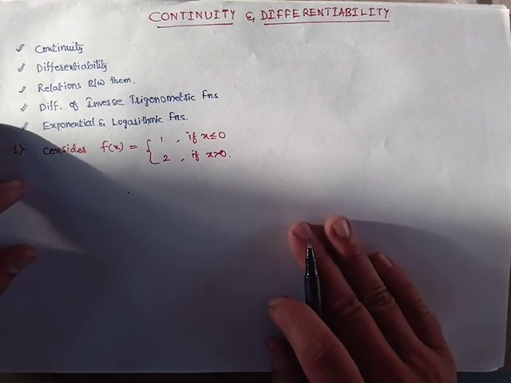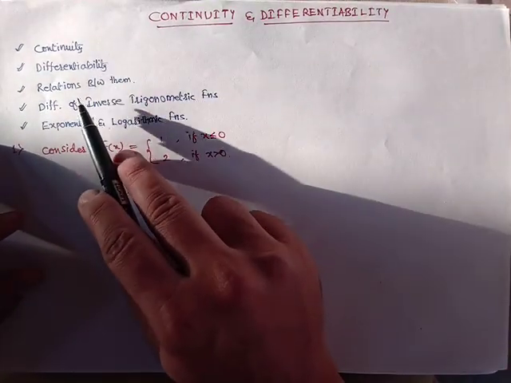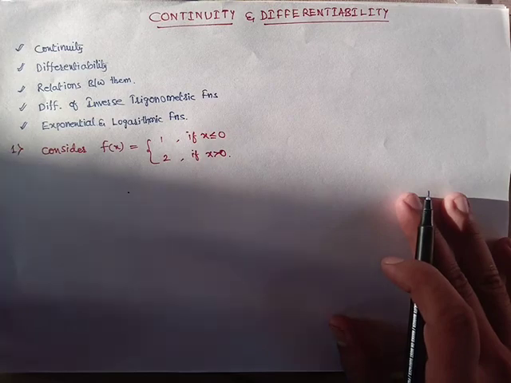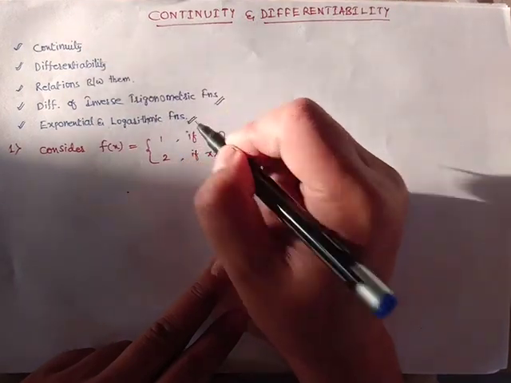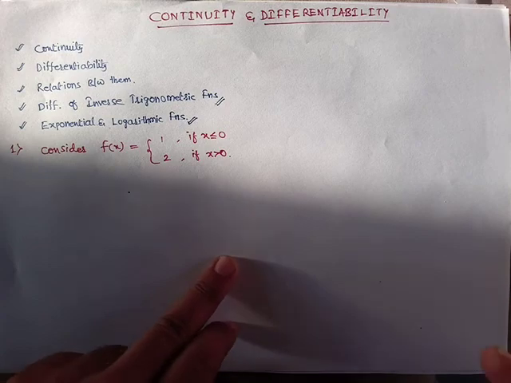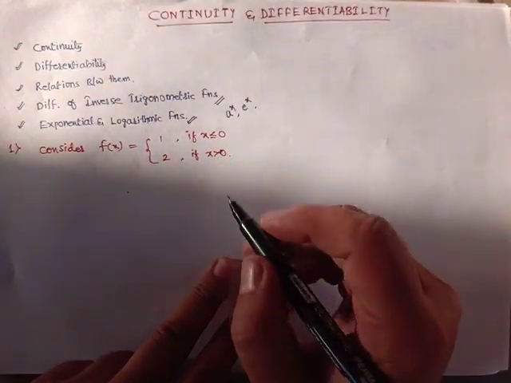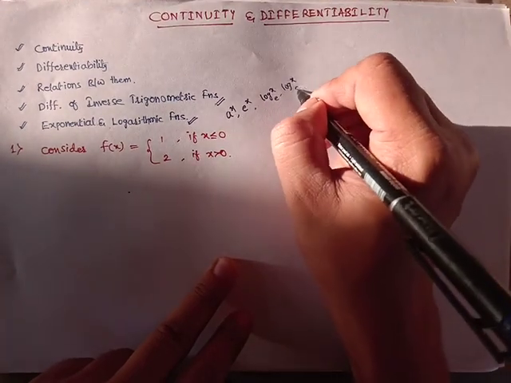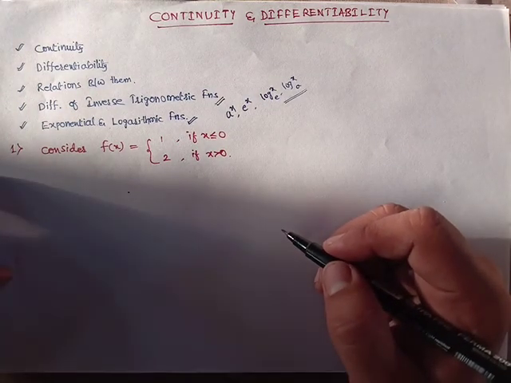In this chapter, we will see few of the things which are related to, first of all, continuity we will discuss, and differentiability and the relations between them. So how the relation can exist from continuity to differentiability, and differentiation of inverse trigonometry functions, and differentiation of exponential and logarithmic functions. As we already completed, exponential is nothing but a^x or e^x kind of things, and logarithmic function log x to the base e or log x to the base a. So these particular functions' differentiation we will talk about.